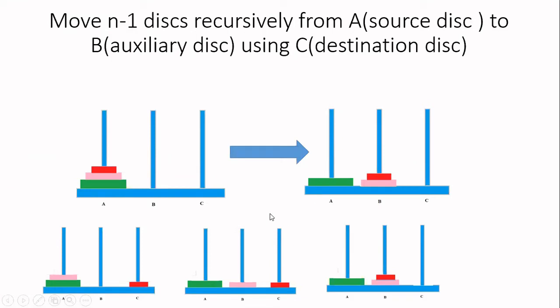First, what will happen is, from here you want to achieve this one. To implement this, certain steps will be done. So what are the steps? The first step is, the first disk, that is the red color disk, will be moved from A to C. This is the first step. Okay. After that, the second disk, that is the pink color disk, will be moved from A to B. So you will have it like this. Then after the three steps are over, you are getting this position. Actually, when we are writing, we are saying that move n minus 1 disks from source to the auxiliary. But internally, three steps are happening to implement that. Okay, so after the three steps are over, you will be getting this answer.